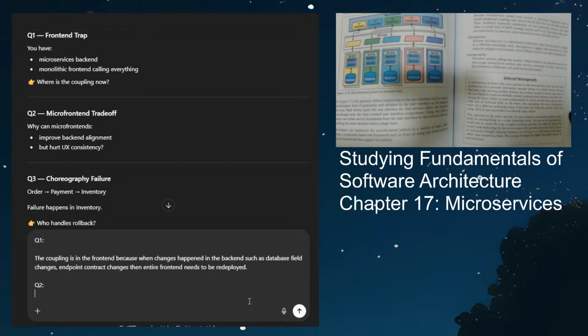Ay, maganda nga dito. What's the best, please? I mean, what is the best starting sentence I need to? So, why micro front ends improve bucket alignment. Let's say each micro front end is written in a different framework or library, React on this one, and then another front end is Vue.js. There might be inconsistency on that